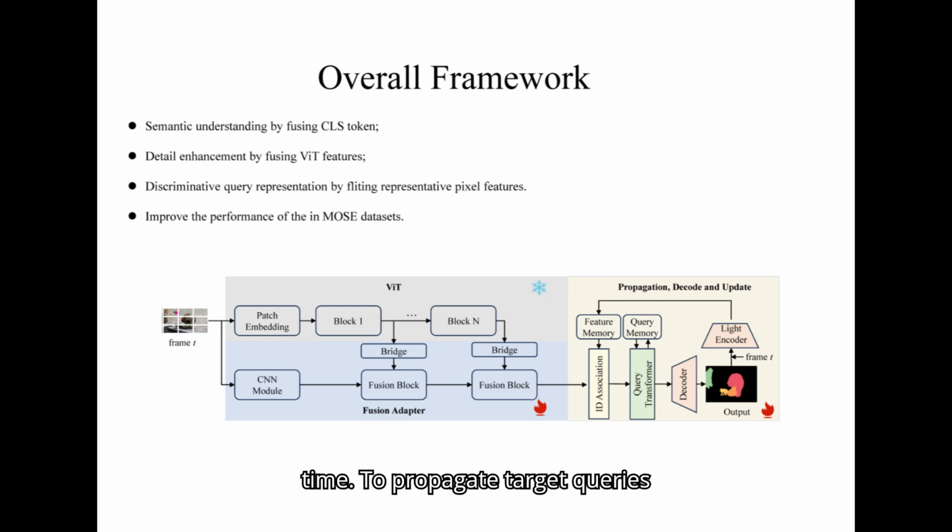To propagate target queries effectively across frames, we update the target queries with the most distinctive feature of the target object. In detail, we select the discriminative feature of a target object by comparing the target query with every channel activation in the correlated feature map of the target and taking the most similar one. Based on the discriminative target feature generated from a new target sample, we can update target queries by dynamically calculating the relationship between the salient query and salient pixel features in an additive manner. The proposed discriminative query generation scheme adaptively refines target queries with the most representative features, which helps deal with the challenges of dramatic appearance variations in long-term videos.